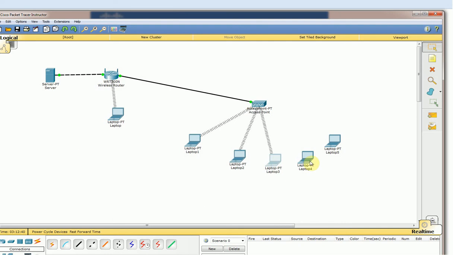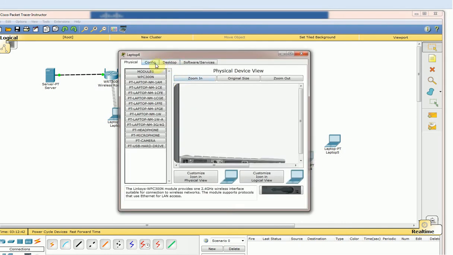Once I keep on configuring these devices, I go to Physical, switch off this particular device, insert the WPC300N, and switch it on.